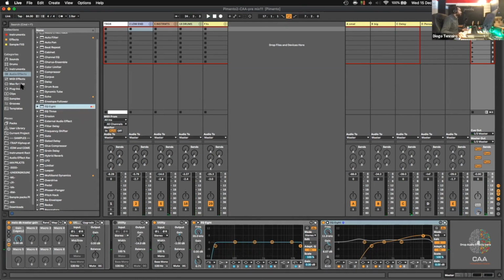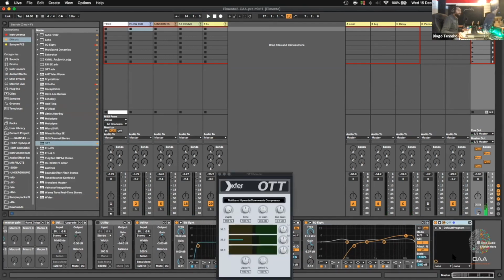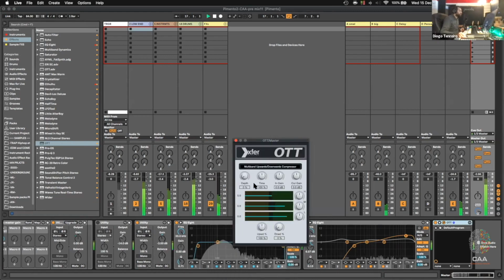Now usually I use my OTT on my master. Don't tell anyone this, but I really like to use it on my master. But I use it very lightly. So the way you want to reset your OTT is you put your depth to 0. And actually I just want the upward bit. I don't want the downwards compression. So you put your depth to 0 and just add a really tiny amount. Yeah, something like this. And then if you want to pull some of these frequencies up,